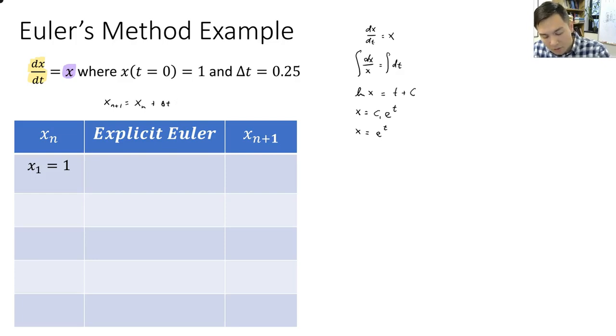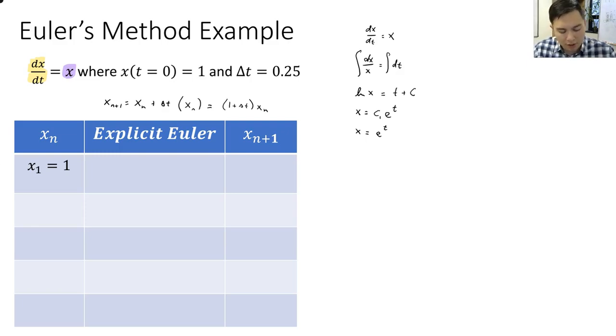And so we're going to plug in the x value. The question then becomes, which x value do I take? Do I take the x_n value or the x_{n+1} value? For the explicit equation, which we're going to be using first, we're going to simply assume that our dx/dt is evaluated at time index n. So this will just be x_n. And that could then simplify to 1 plus delta t times x_n,